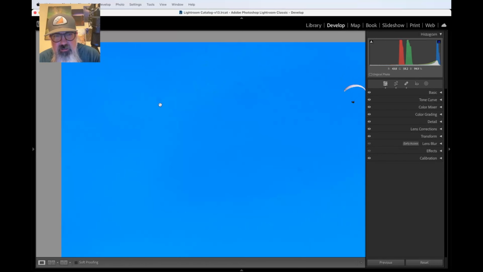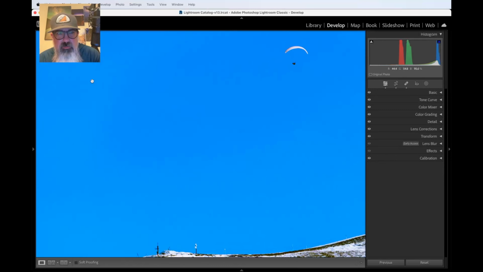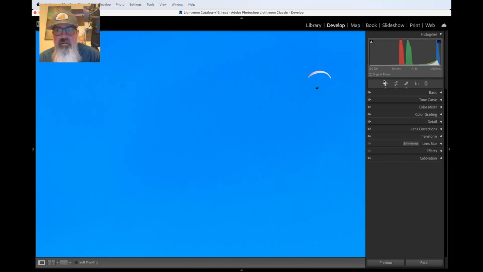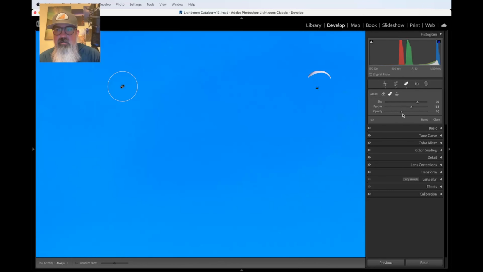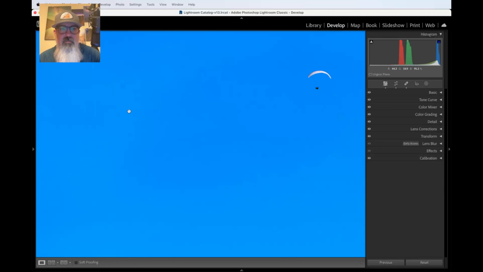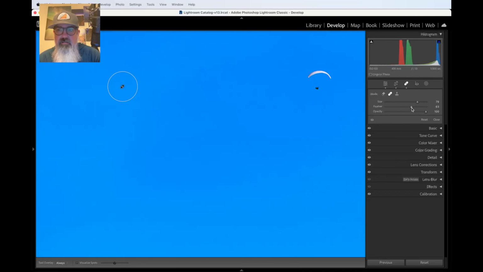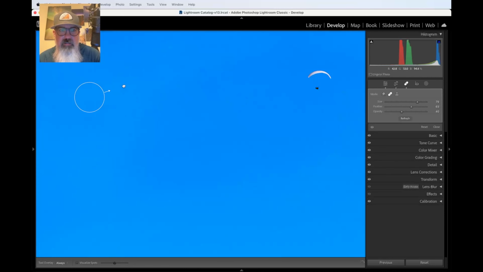So again here you can see that it actually left part of the problem there. So let's see, why did it do that? Oh, the opacity is really low. So if we increase the opacity, we should be able to completely remove items. Something is off here because this should overwrite the entire thing. I think the feather is probably too high here. So if we reduce the feather a little bit,